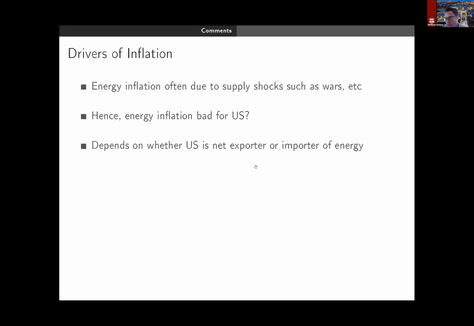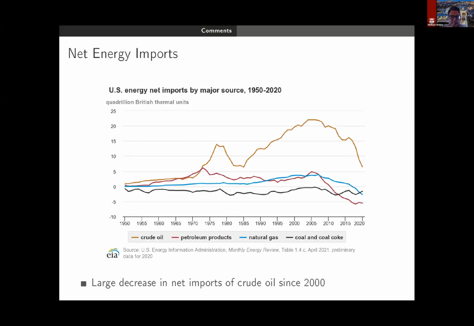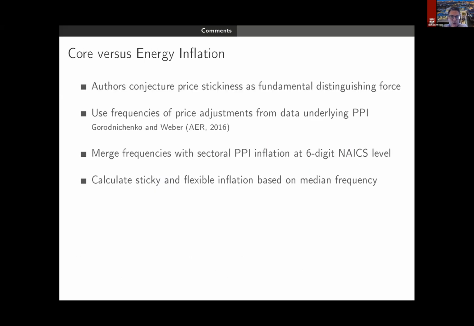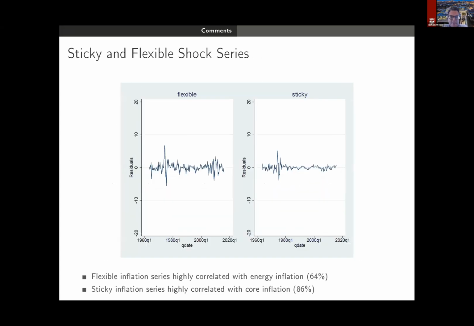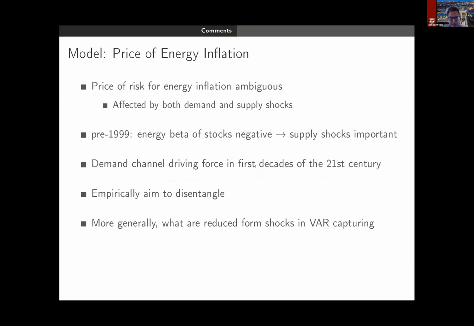I think I'm pretty much running out of time. The only thing I briefly want to encourage Nick and co-authors to do: given that Nick didn't talk about the model, I did a little exercise where I provide some out of sample evidence directly consistent with the model, that indeed it's flexible price versus sticky price inflation that really matters for the result through the lens of the model in the paper. And just to finish and say